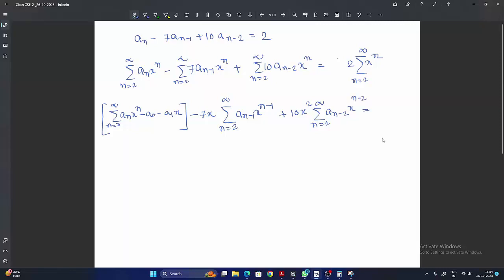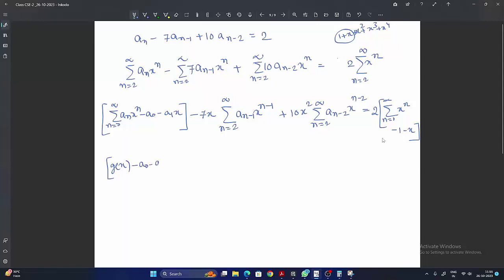तो ये जो सीरीज है, ये सीरीज x square से स्टार्ट हो रहा है, x square प्लस x cube प्लस x to the power 4, यानी कि 1 और x दो टर्म मिसिंग है, तो सीरीज कंप्लीट हो जाएगा। तो इसलिए ये 2 जो है बाहर रहने दो, इसको n is equal to 0 to infinity x to the power n लिखो और इसके साथ -1 और -x दे दो, जो दो टर्म एक्स्ट्रा यहाँ पर लिया है उसको बाहर अलग कर दो। तो ये टर्म हो गया g(x)